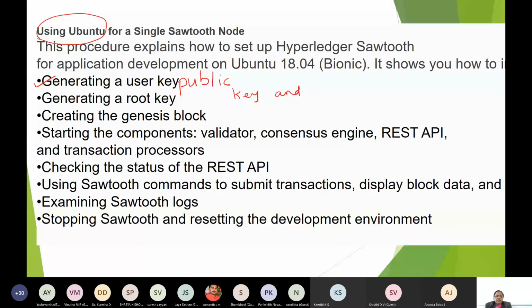Now, there are different platforms where we can have this Sawtooth. One is Ubuntu; what I normally ran is on Ubuntu 16.04. On Ubuntu 18.04 some changes have to be made, and we can also run it on a Mac system. So you will have to follow these procedures: user key, root key, Genesis block,